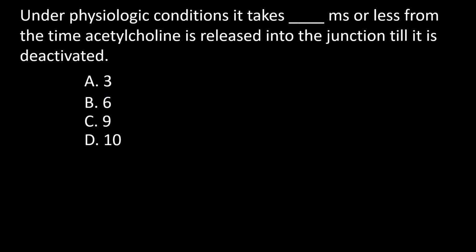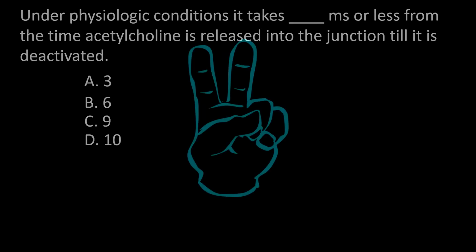Next question. Under physiologic condition, it takes dash milliseconds or less from the time acetylcholine is released into the junction till it is deactivated. A, 3; B, 6; C, 9; D, 10. We will approach this question from two perspectives. The broad perspective, looking at the neuromuscular junction as a whole, will be addressed first. You can see in this representation